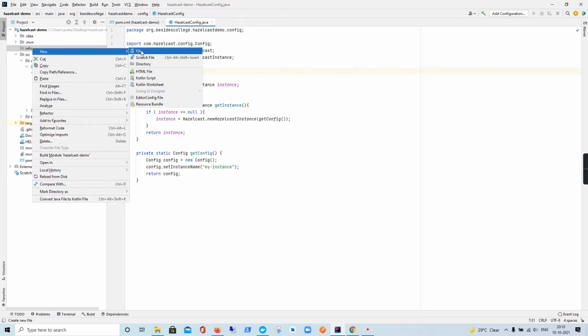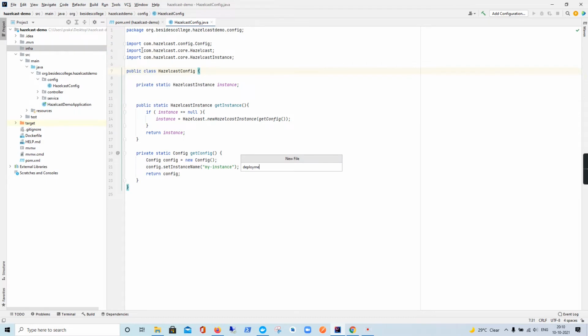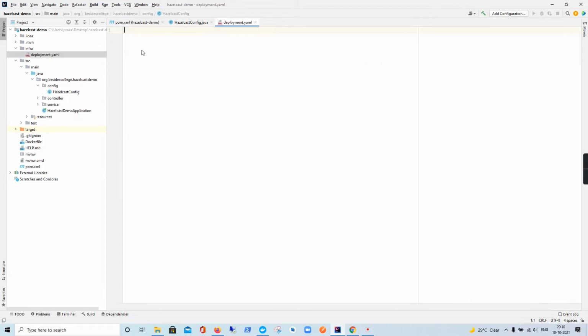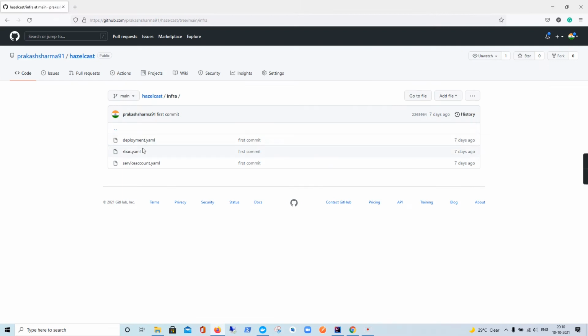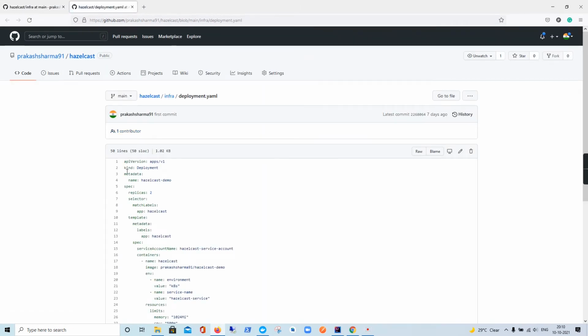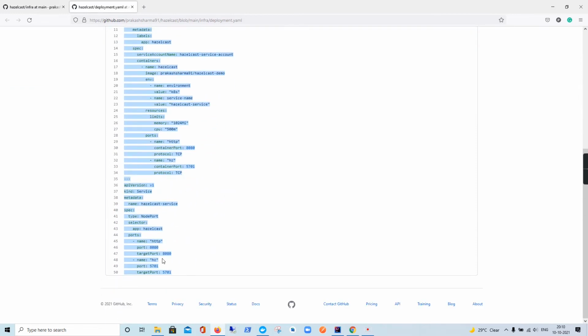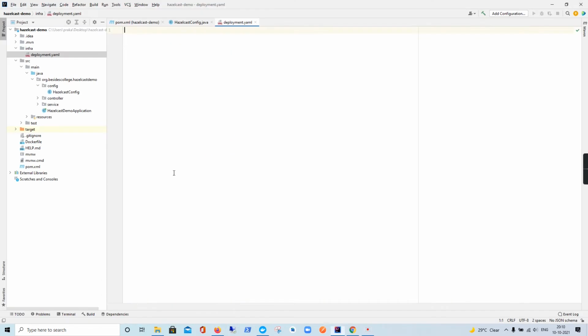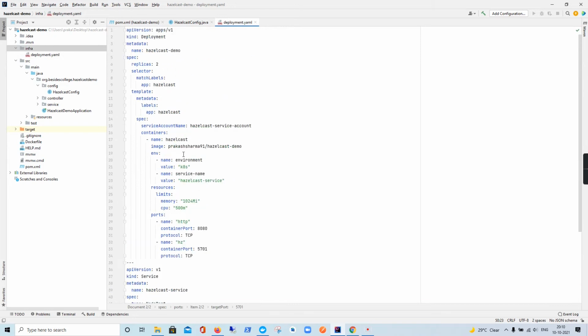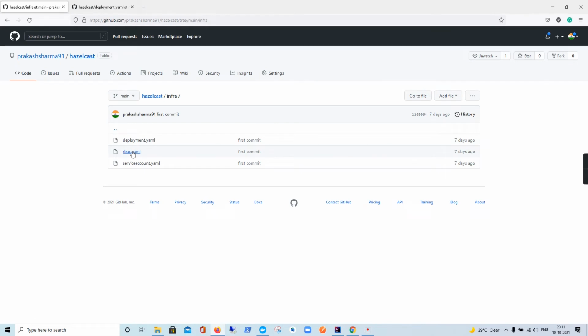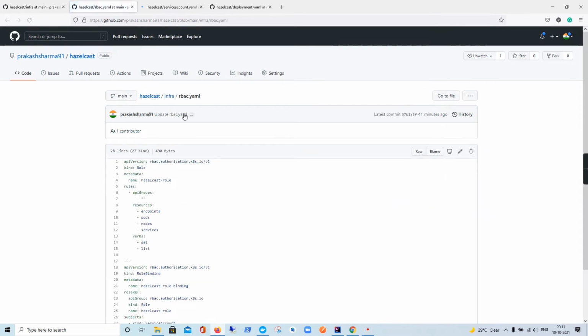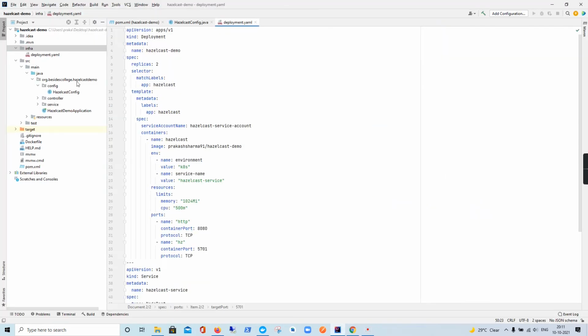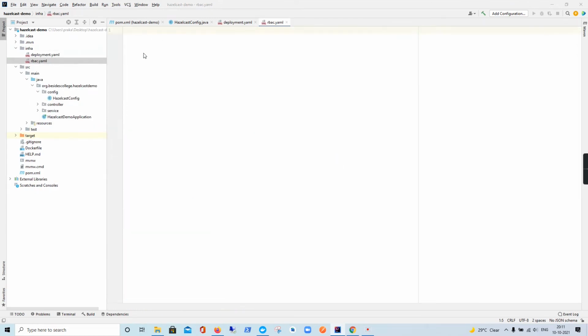Let's create a file called deployment.yaml, and let's take the deployment YAML from this GitHub repository and copy this over to our repository, and let's do the same for the other two files. This file will contain the role related information that we have discussed earlier.